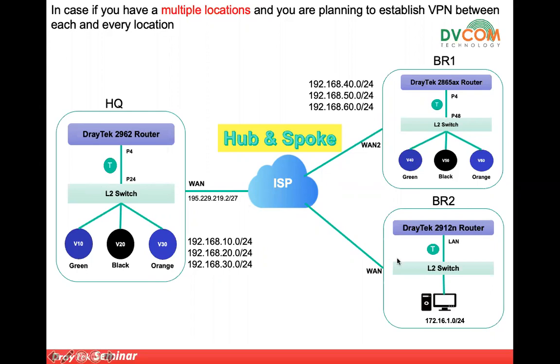From HQ, the traffic will pass to branch 2. In case branch 2 wants to talk to branch 1, all the way the information will go to the HQ. From HQ, it will forward to branch 1, since HQ knows all the branches and all their networks, how they're connected and all. So this kind of technology, we can call it hub and spoke, and it's a very straightforward configuration and easy to configure in case you have multiple locations.